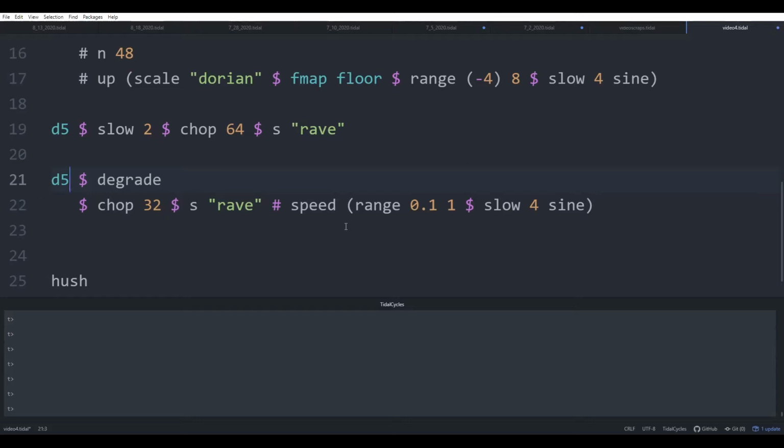And since we're now dealing with multiple things being chopped into small pieces, we can start having some fun with the way continuous patterns work. So in this case, the range is going to be varying across the chopped pieces. So not all of them are going to be at the same rate as each other, so they'll be at different pitches. And we're going to degrade, which is the equivalent of doing the question mark inside a pattern, where degrade is going to throw away, on average, half of the sounds in the cycle. So if we do this,